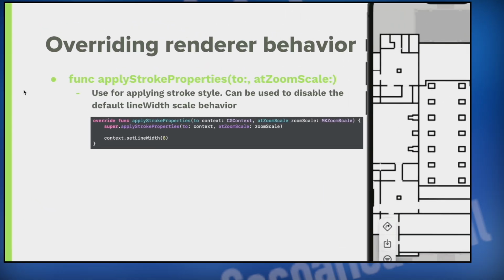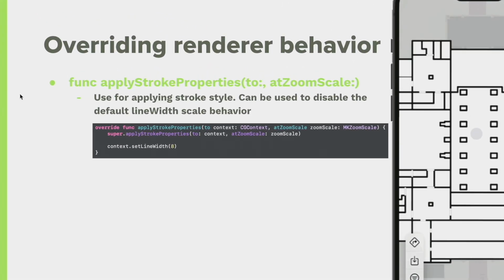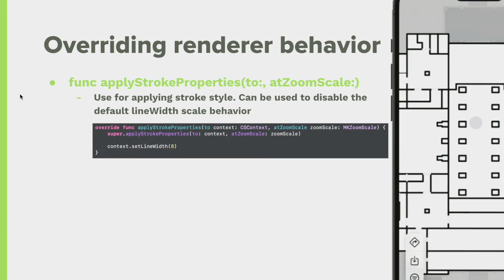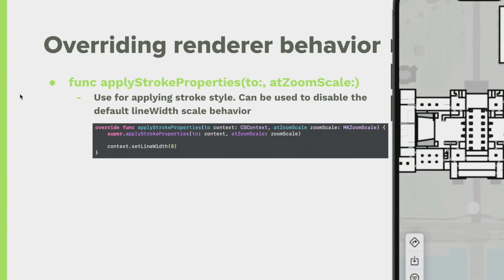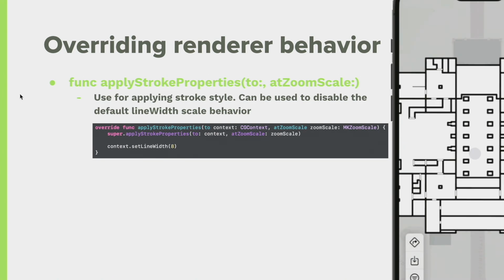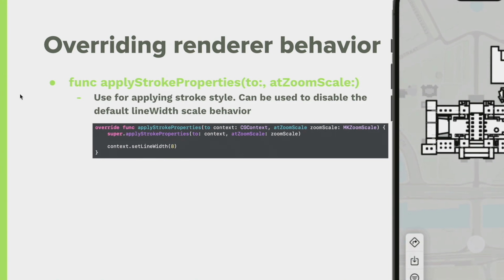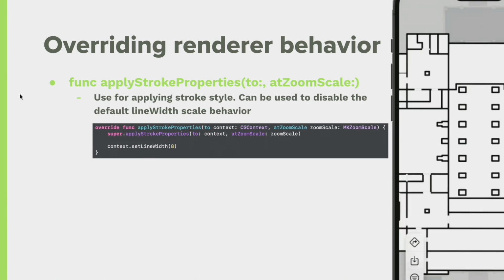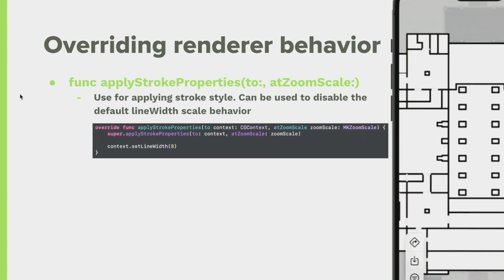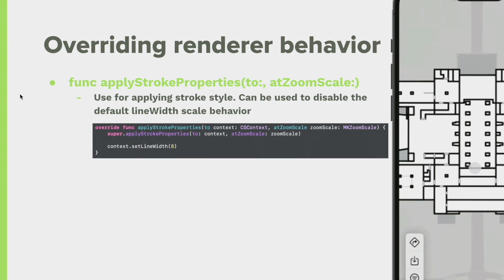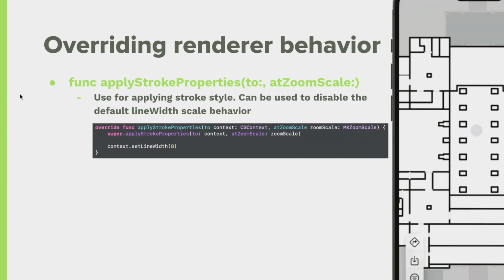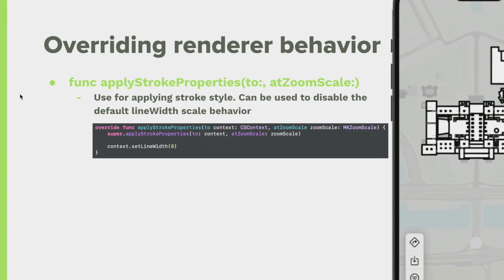That's the behavior that looks a little bit weird if you look at it for the museum. You will see that suddenly the pillars that have lines around them become just large black blobs. The fix for this is simple. You override the apply stroke properties function within the renderer. You call super, and after that, the context will have the line width adjusted for the zoom scale. So you simply replace it with the line width that you wanted, and it's now always at that line width regardless of the zoom scale. So it no longer changes when you change the